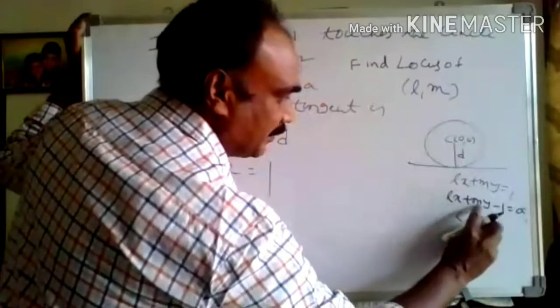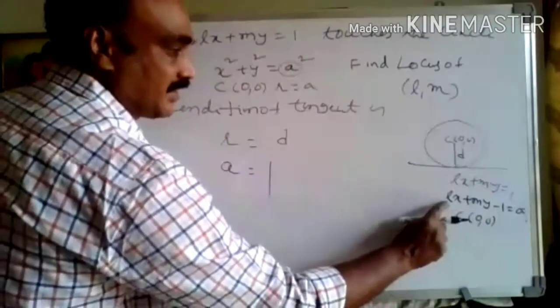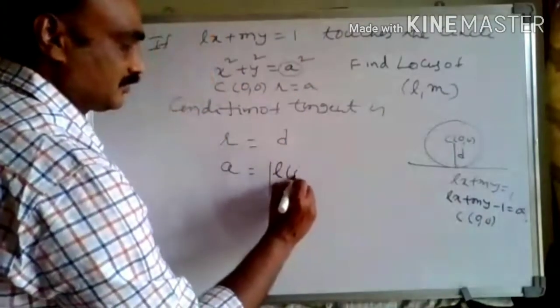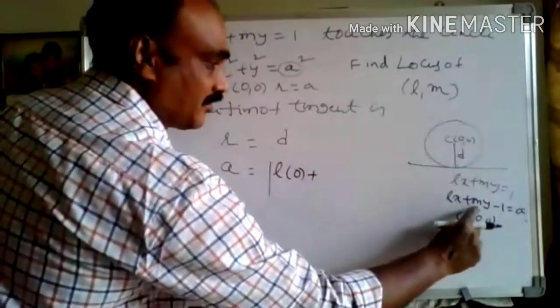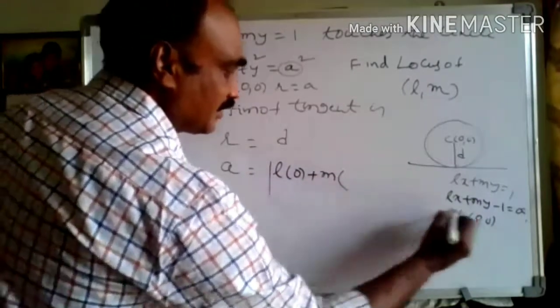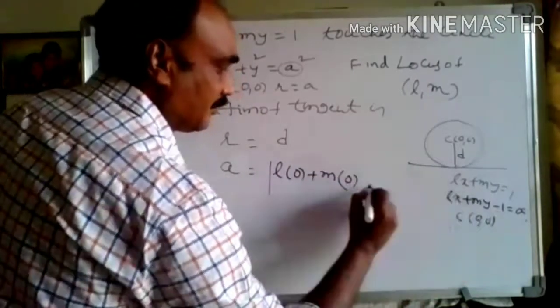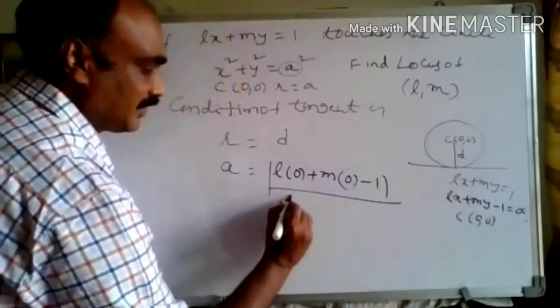So L into 0, plus b is m into y1 which is 0, plus c which is minus 1, divided by root of